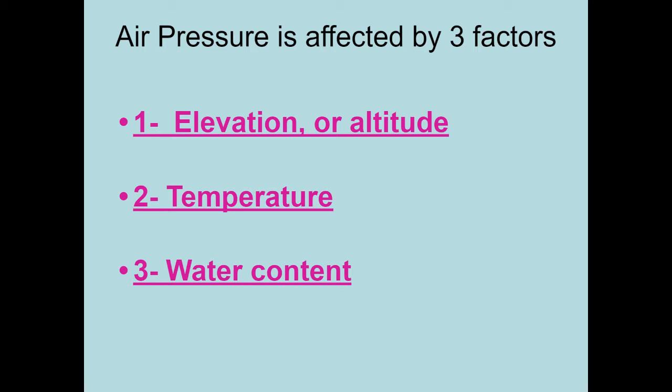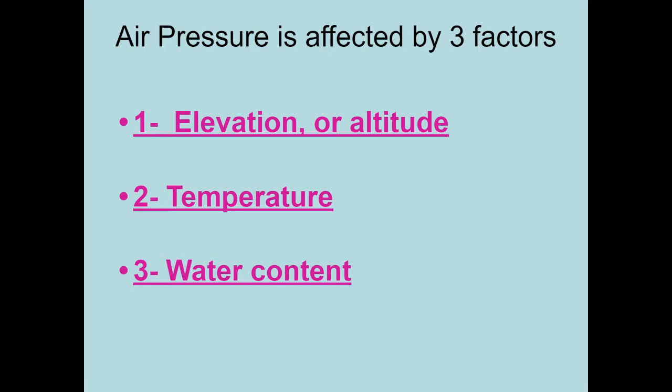Then temperature. So we talked a lot about when we were talking about heat transfer. Hotter things are lighter because if you think about when you're really hot, you like to kind of spread out, and that's exactly how air is. So temperature is going to have a great play on air pressure too. Then if you think about something being cooler, when you're cold, you like to kind of bundle up. Air likes to bundle up together too, and so there's going to be more dense areas of colder air, and then less dense areas when there's warmer air.